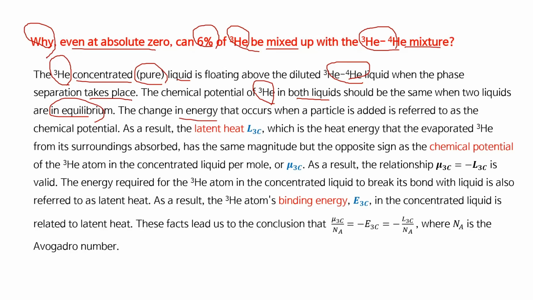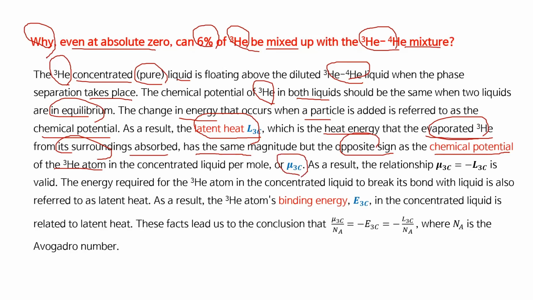The change in energy that occurs when a particle is added is referred to as the chemical potential. As a result, the latent heat, which is the heat energy that the evaporating helium-3 atom absorbs from its surroundings, has the same magnitude but opposite sign as the chemical potential of the helium-3 atom in the concentrated liquid per mole, mu 3C. So as a result,